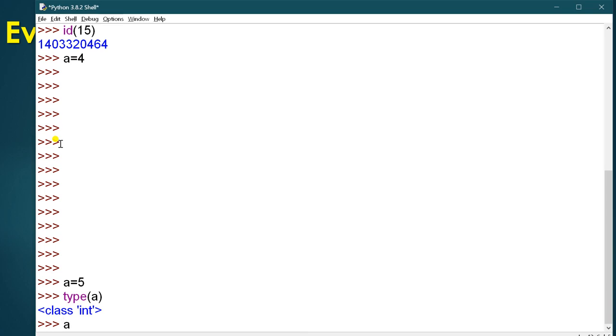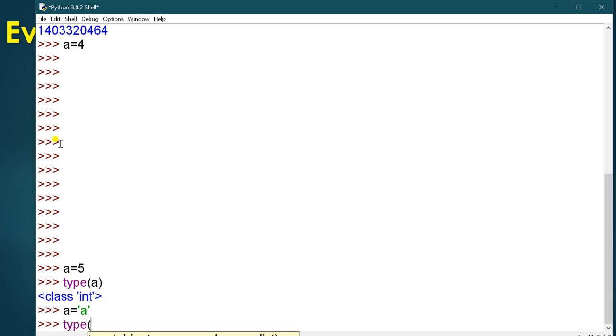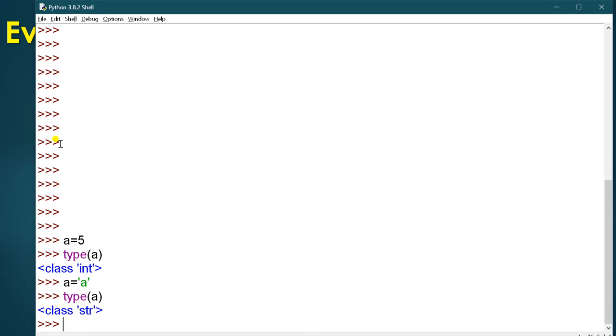Next, if I write 'A' in the A variable and now check the type, which type of object is this, it will give you str. Clear? Again I write 5.6 and just want to check what the type of A is now, it will give you the float type. In this way you can check which data type any object belongs to.